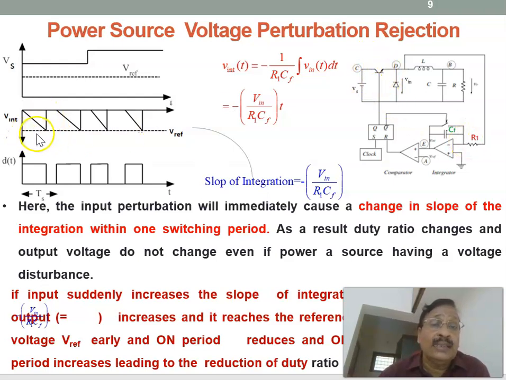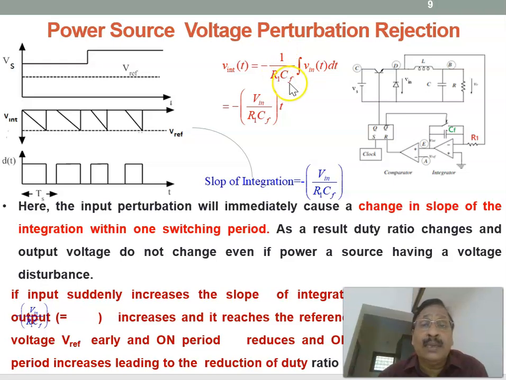That is switched off, and therefore this period is equal to the switch-on period, and this period is equal to the off period. Therefore, this is the off period and this is the on period for a voltage of this much. Now, if the input voltage suddenly increases to a new value here, then again the input voltage is increased, and the integrator output voltage, if you see the integrator output voltage